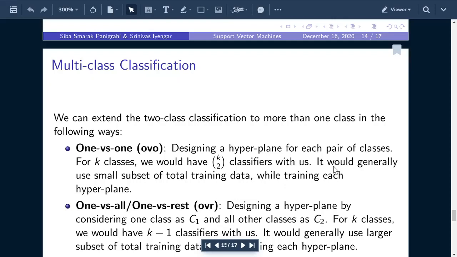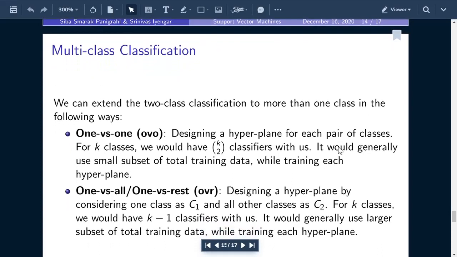Now we have studied two-class classification in high depth. Now go to multi-class classification. So there are two approaches here. One is the one versus one. Another is one versus rest. Cool. Now one versus one. If you read the text only, that will be perfectly fine. You can understand everything from here because I am going to read the text kind of.